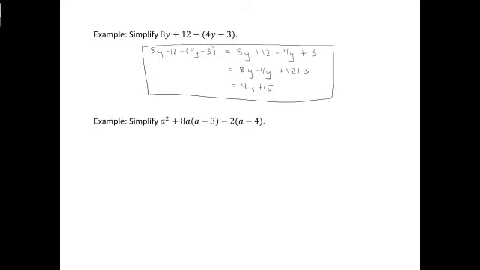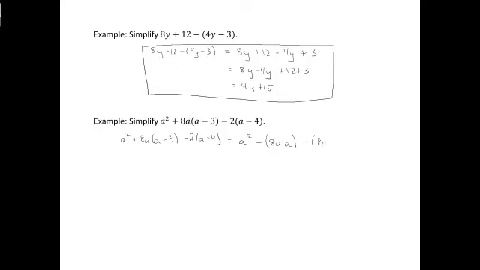Example, simplify a squared plus 8a times a minus 3 minus 2 times a minus 4. This one looks complicated, but if you break it down into its simplest parts and work your way through them carefully, it's not that bad. First we look for the multiplication, which is going to be a distributive property step. The a squared has nothing to do with it, plus 8a times a